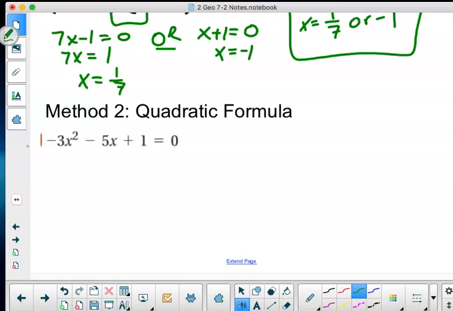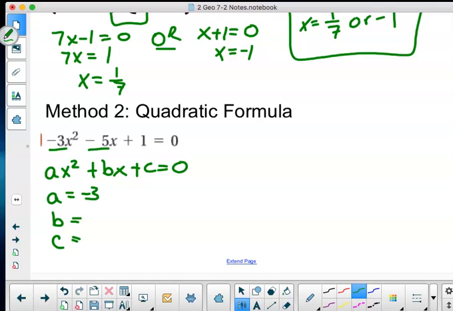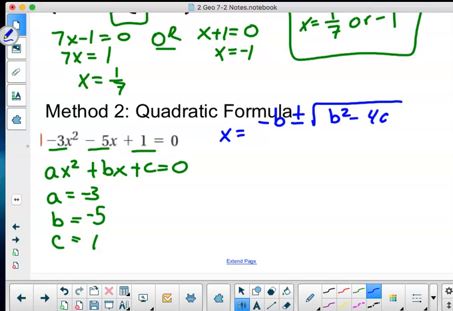The quadratic formula you've seen before. If I have ax squared plus bx plus c equals 0, I can assign the coefficients to be a, b, and c. In this particular case, a is negative 3, b is negative 5, and c is 1. This pattern gives me the idea of how to assign a, b, and c, but the actual formula is: the values of x will be found by using the opposite of b, plus or minus the square root of b squared minus 4ac,